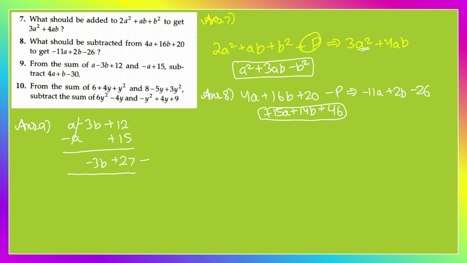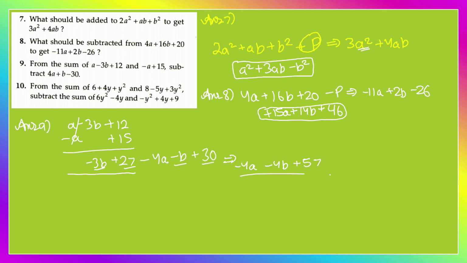So I'm going to subtract minus 4a minus b plus 30. Now I have changed these signs mentally, but you have to do it by writing only. Now what you do, you have to just add it. So what I'm going to get is pretty easy. 27 plus 30, 57. Plus 57 of course. Minus 3b minus b, minus 4b. Then we have minus 4a. So this is the answer here. So this is the final answer.